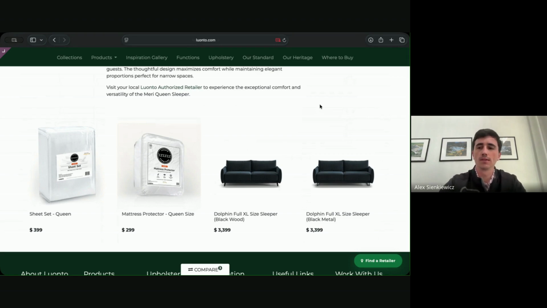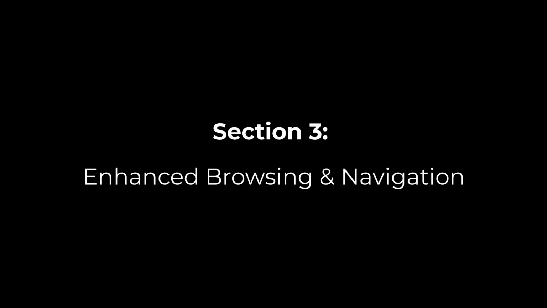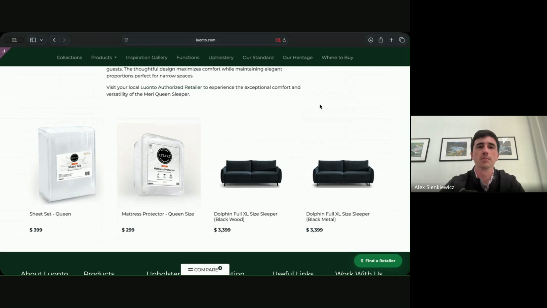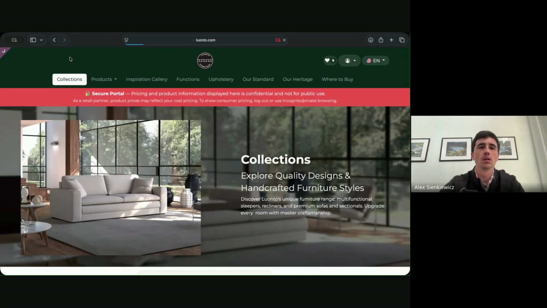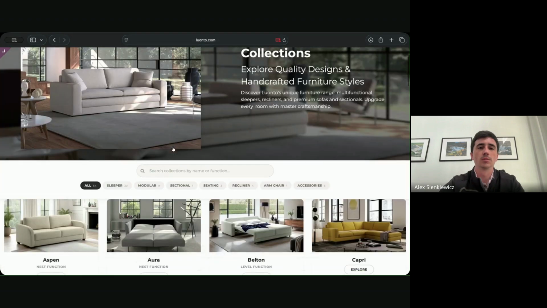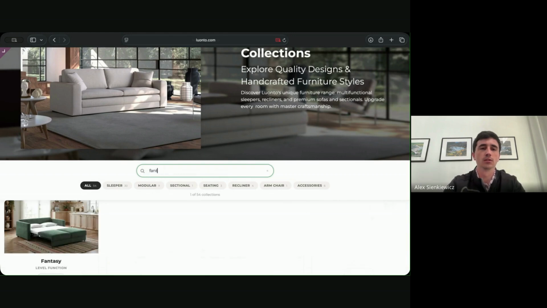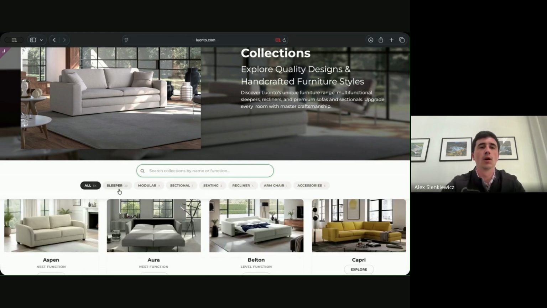The next section I want to dive into is our enhanced browsing and navigation. So overall, just making the site easier to use. Our updated collections page is the first thing I want to talk about here. So now on our collections page, we have a search bar. So I can go in and search for a particular frame, or I can actually filter by sleeper, modular, sectional,